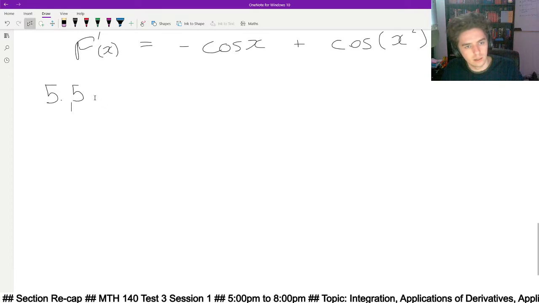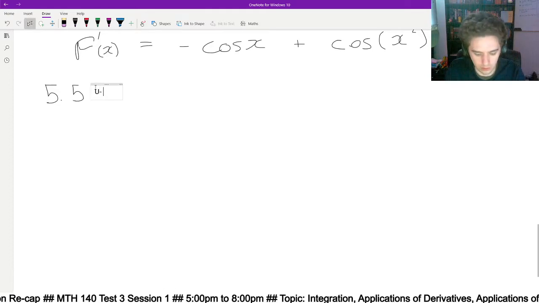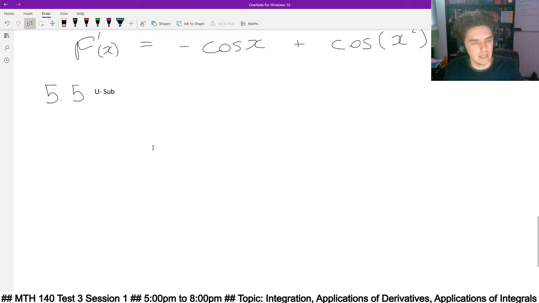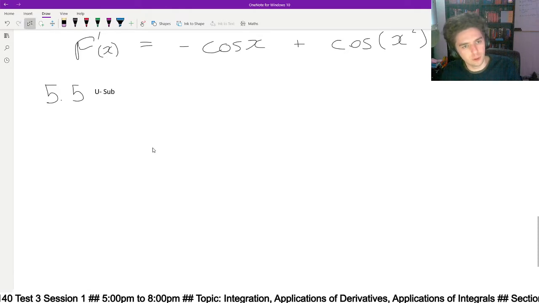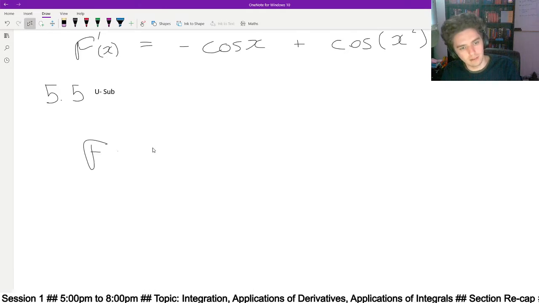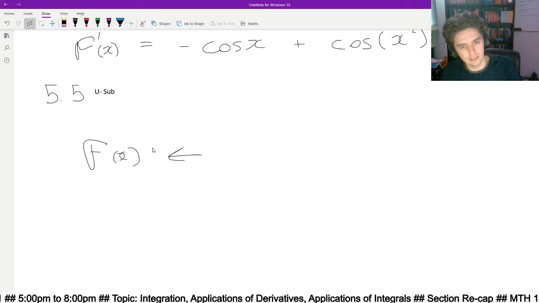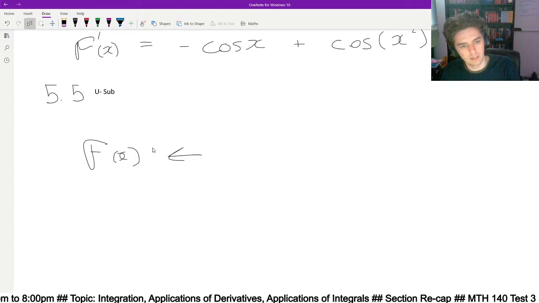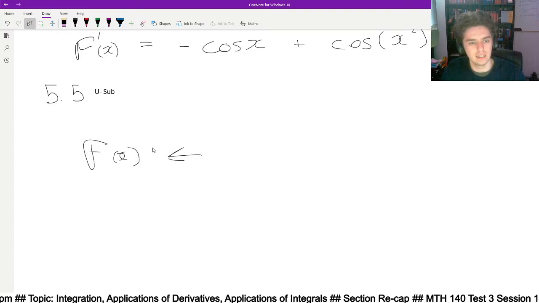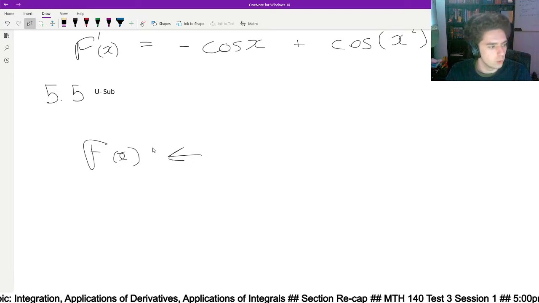5.5, and I'll write the section header. U-sub is basically, right, so our capital F of x is the antiderivative, right? So we get